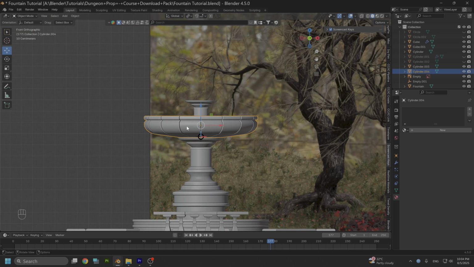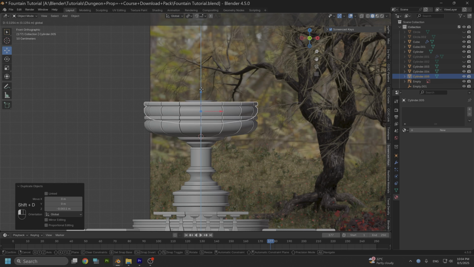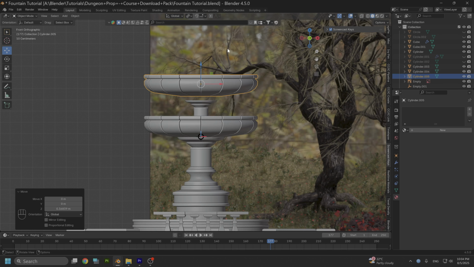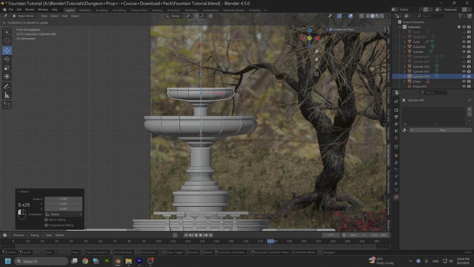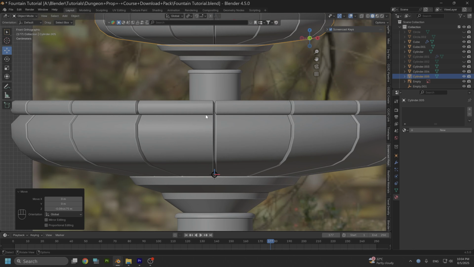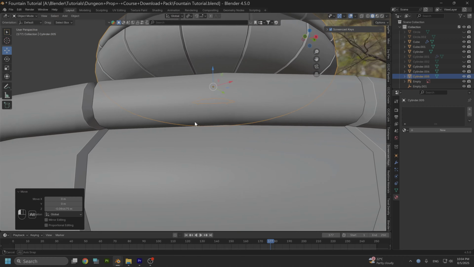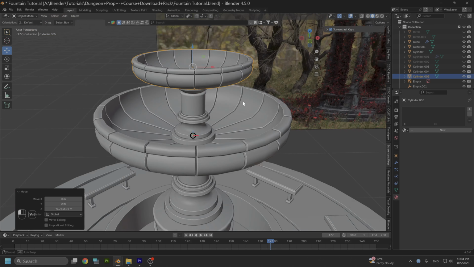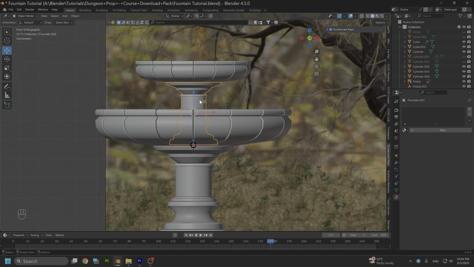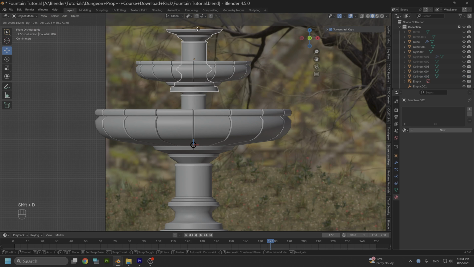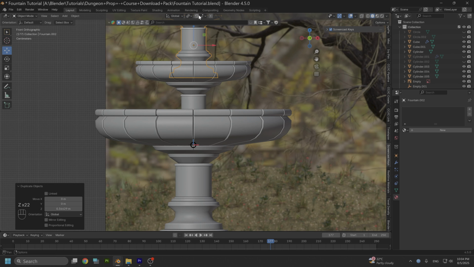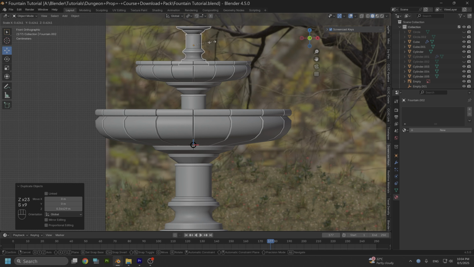Okay, so select this and we're gonna Shift and D, move up and scale it down like this. Let's check. Okay, and one more time, Shift and D, let's move it up, S to scale it down,